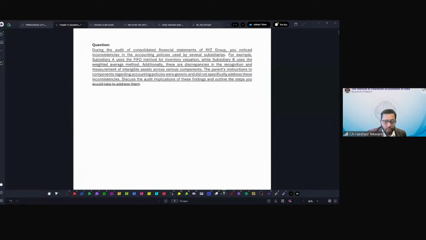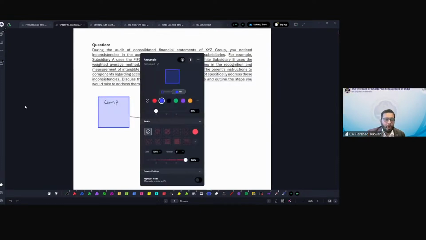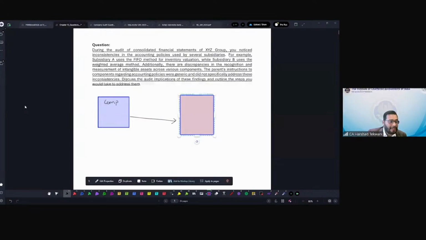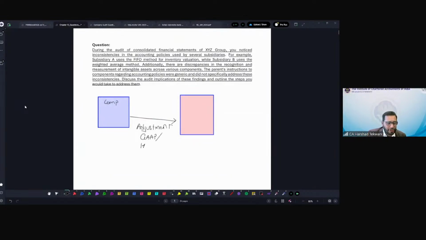Management first of all will take the financials of the component. So let's say these are component financials required for the purpose of consolidation. They will prepare another set of financials by passing relevant adjustments, accounting policy harmonization, as adjustments. You can say converted